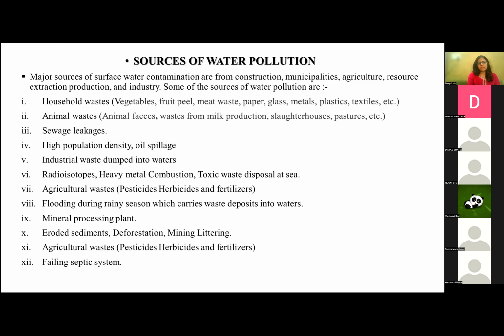radioisotopes, heavy metal combustion, toxic waste disposal at sea. So the waste management system is very stringent, and their norms are also very stringent nowadays, especially in the pharmaceutical industry. The disposal of their waste material is a big concern. And all those pharmaceutical moieties which come as a byproduct, if disposed of in a local water body, open water body,